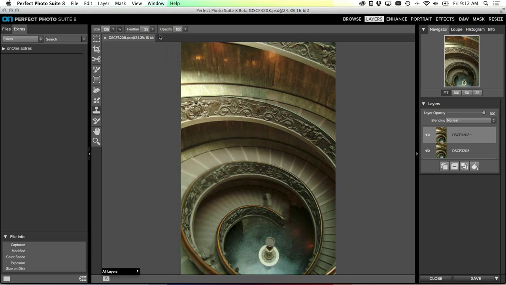Sometimes I like to use the clone stamp tool for a couple of reasons. First, it lets me control the feather and the opacity, so I can blend things in a little bit better. And it also lets me control exactly where I'm cloning from to where I'm cloning to. So I'm going to start, and I want to clone these two good steps right here over these bad areas. I'm just going to position my brush where I want to start, my source. I'm going to hold down the Option key on my Mac or Alt key on a Windows computer. I'm just going to click right there, and then start to paint, and this will paint over that with the good information,